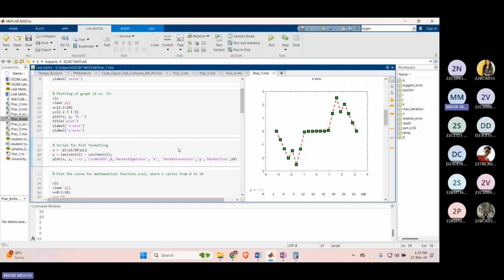to the next part, that is the script for plot formatting. Again, I've used a particular graph where I have used my x values from minus pi to pi, and again, if I run this particular section,